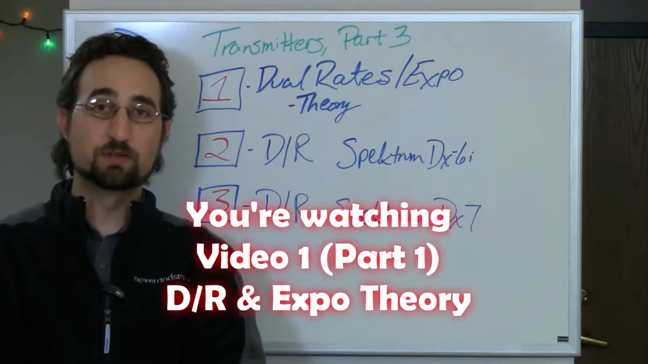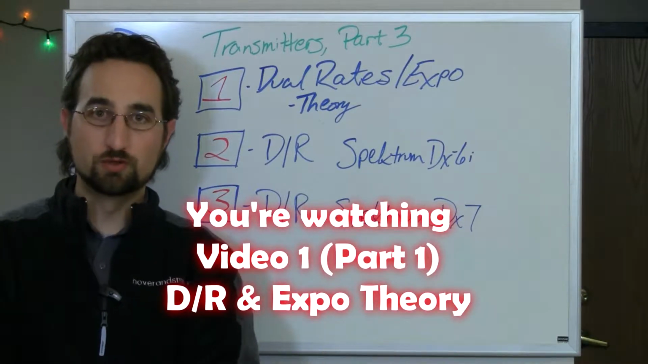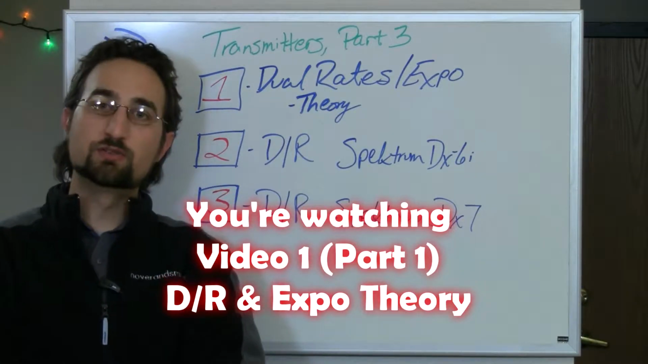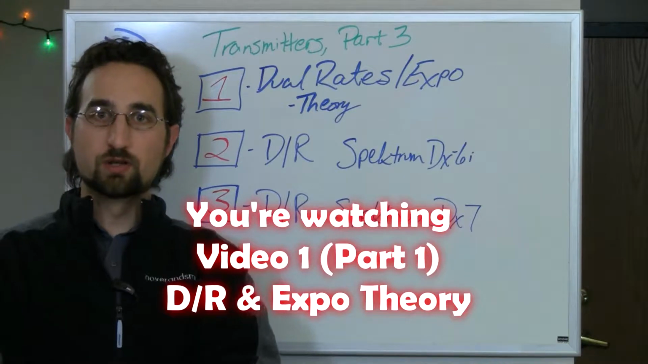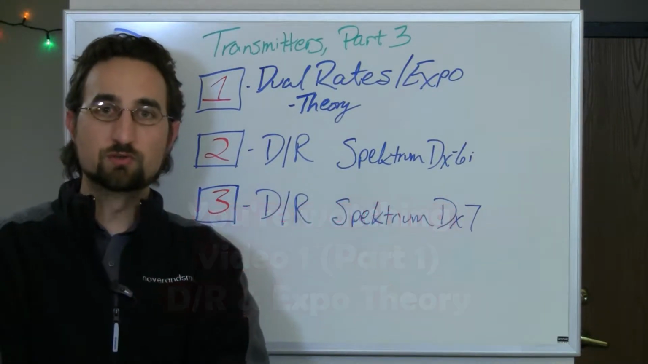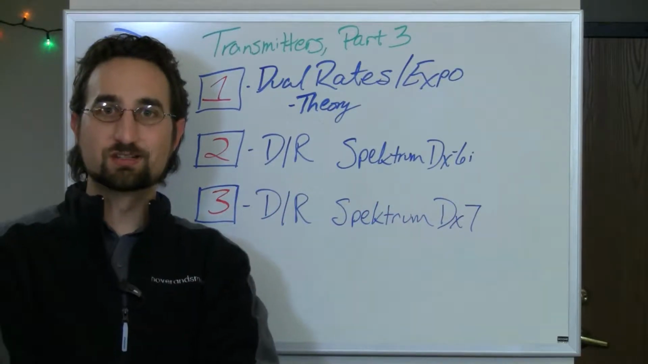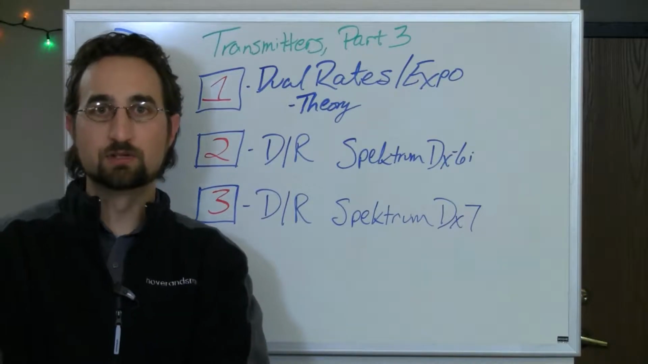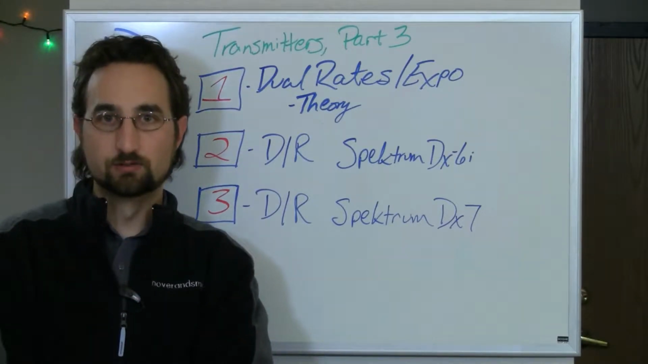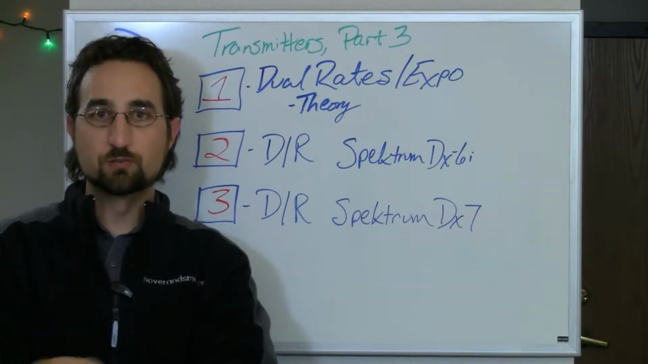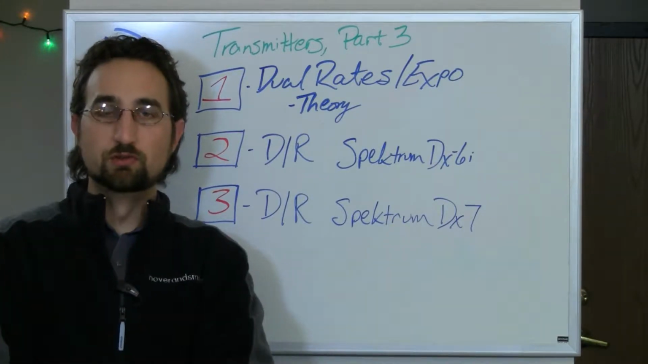This one's on transmitters, part 3, dual rate and exponential. This is actually going to be split up into 3 videos, so make sure you know which one you're watching. First video is going to be over dual rate and exponential theory. We'll have some video illustrations, and we'll just teach you what dual rate and exponential are without any specific transmitter programming. Video number 2 is going to cover dual rates and exponential with the DX6i Spectrum transmitter, and video 3 will cover the same topics, but with a Spectrum DX7. So with that in mind, these 3 videos will comprise the entire part 3 of our transmitter series, dual rates